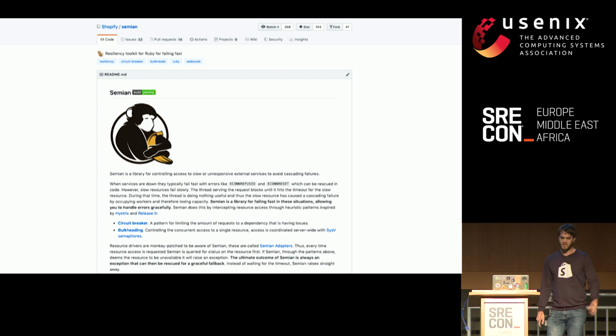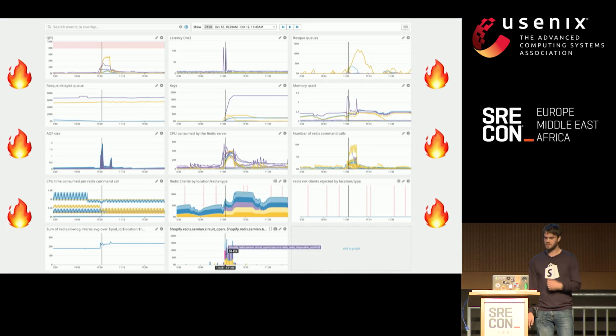We're primarily a Ruby shop, and we built the Semian Ruby library to make it really easy for all of our developers to take advantage of these resiliency primitives. Just shy of a year ago, early October 2018, we were observing lots of open circuit breaker errors. Specifically, it looked a little bit like this. Everything was on fire when we were trying to connect to our Redis cluster. But it was only happening during flash sales.